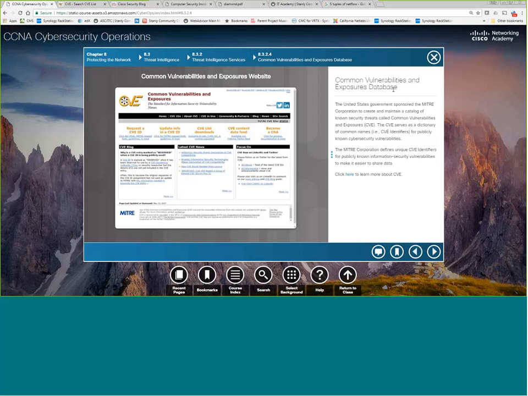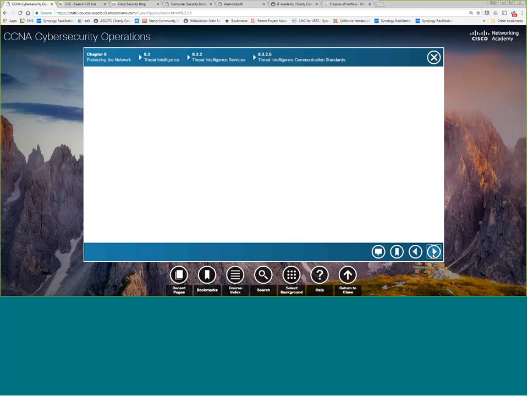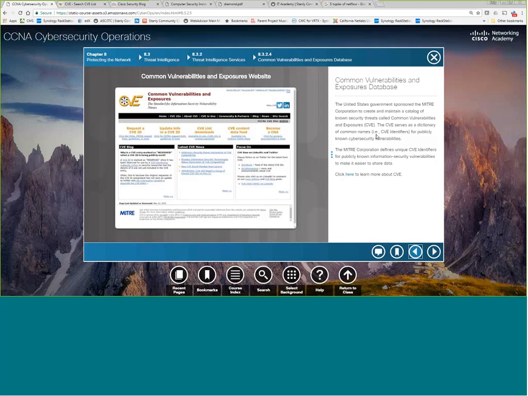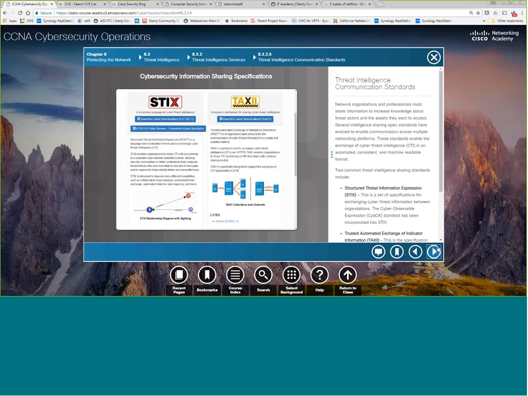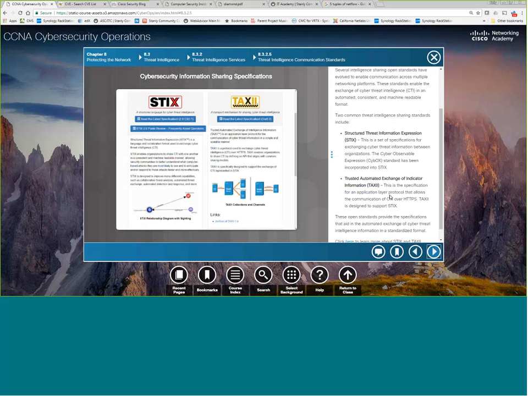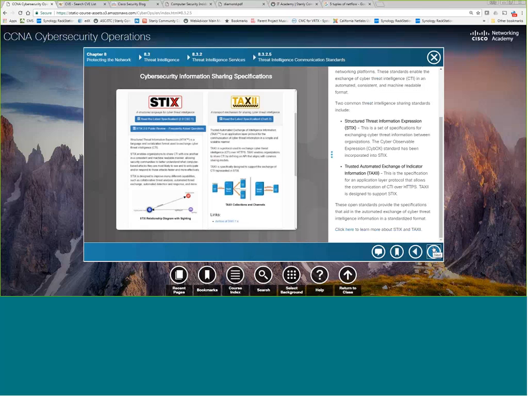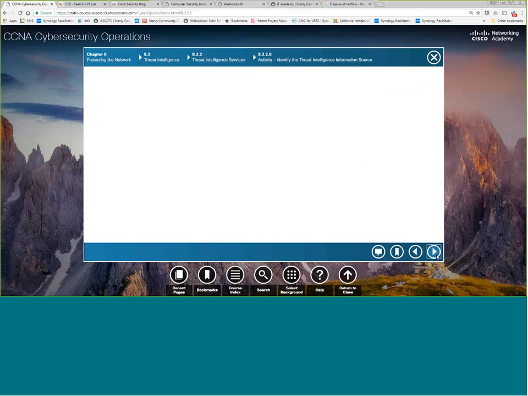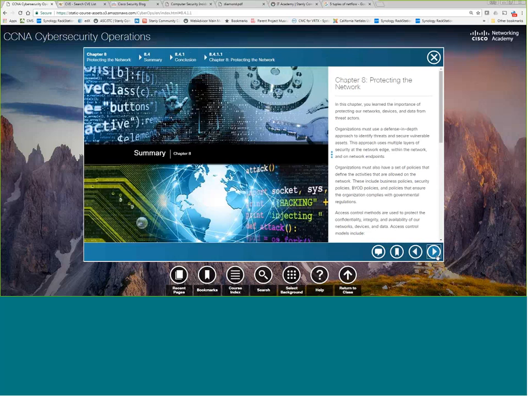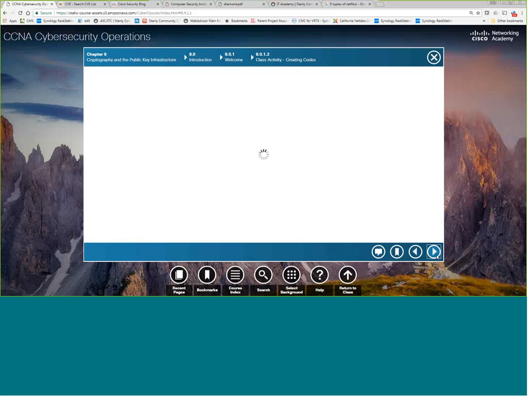We're going to learn much more about this, but you're going to look at how there's a format that we use for these, and it will be important when we move on, especially to the SecOps class or SecOps exam, because they're going to ask you a great deal about CVE and how the CVEs are determined. A couple other sharing specifications: the Structured Threat Information Expression and Trusted Automated Exchange of Indicator Information. And that is Chapter 8.